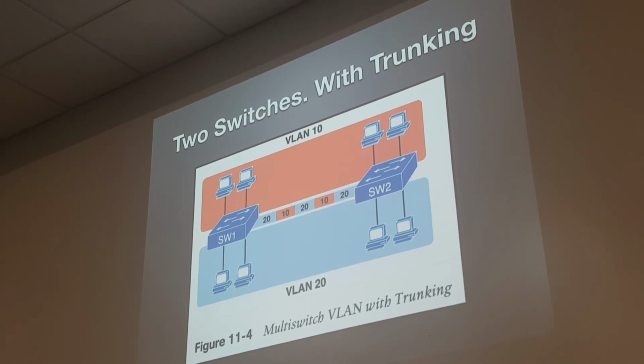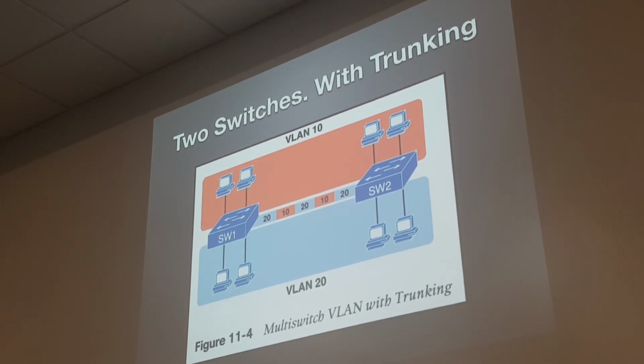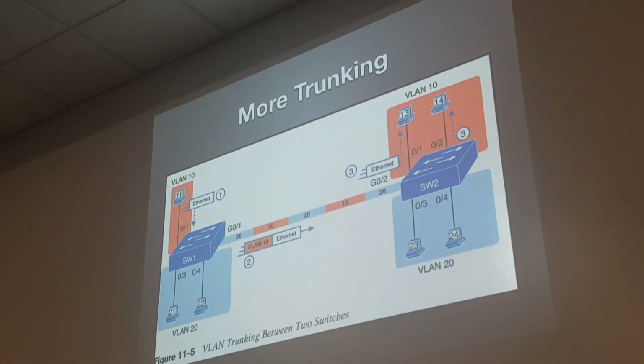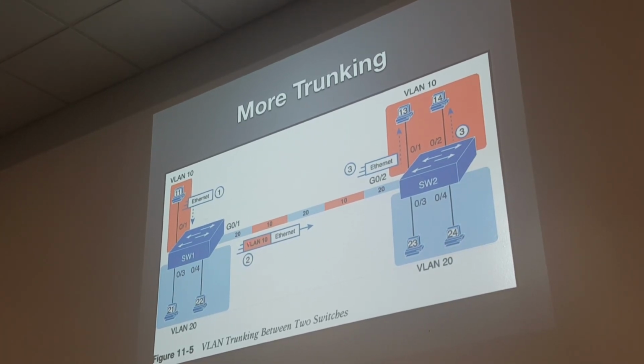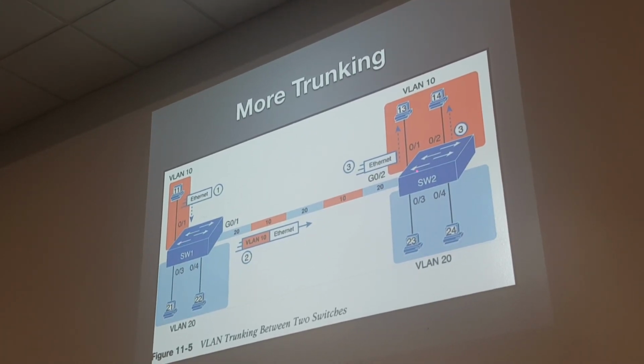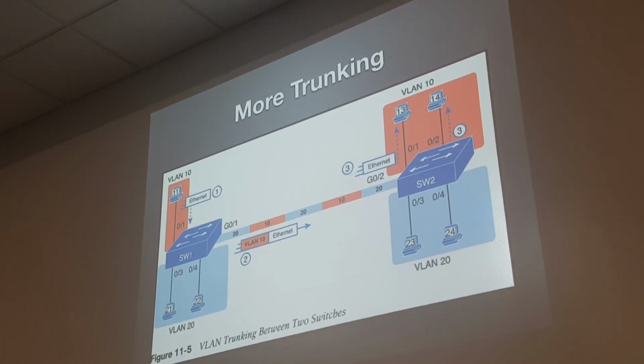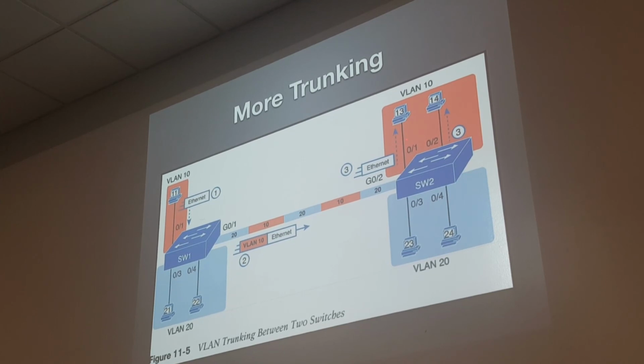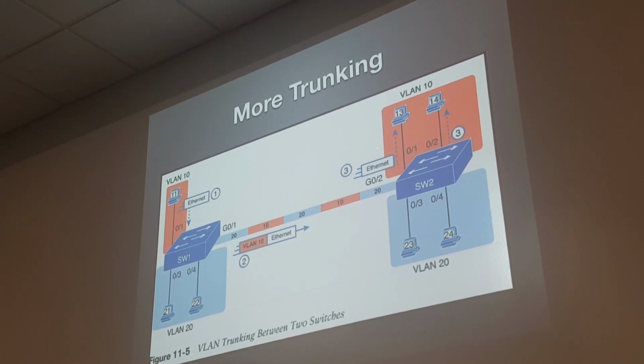So whenever traffic comes in, the switch says, oh, that's on VLAN 10, I'm going to put the VLAN header in front of his packet, ship it off. This guy looks at it and says, oh, that's VLAN 10, I know that's going out this port. I'm going to pull out the VLAN header because he's on an access port,